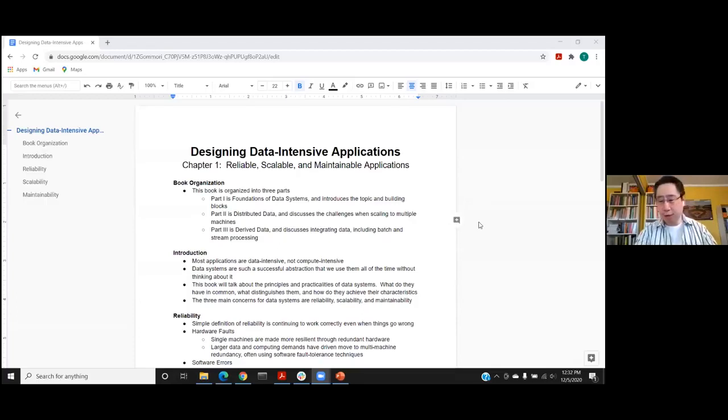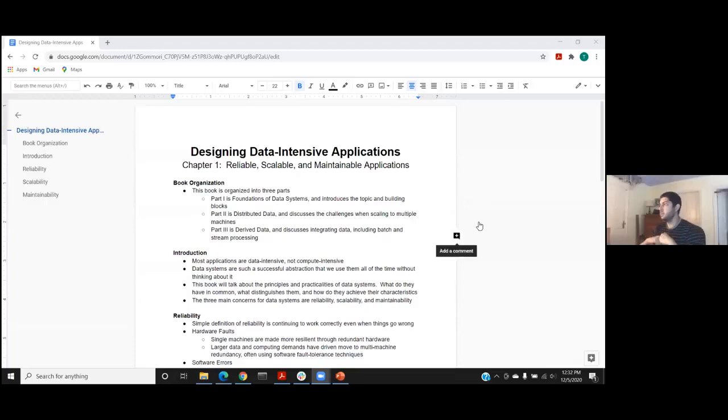So we're starting the new book, Designing Data-Intensive Applications. If you look, you'll see that this book is actually not brand new. It's a couple years old, and it has these really great reviews. And I'll say that my first impression from reading the beginning and then skimming ahead a little bit is